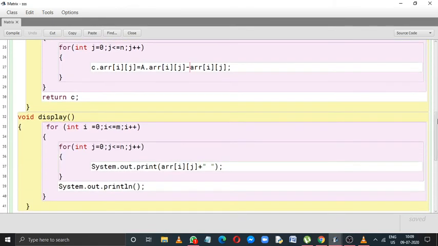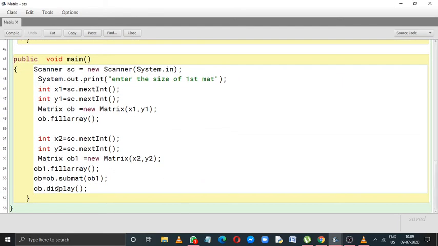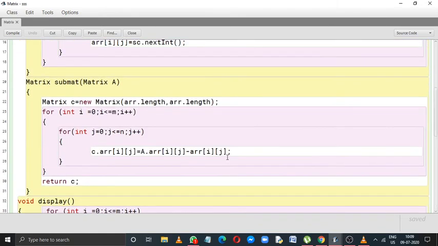Now what is the calling object? Just check it. Whenever we called this function submat, we used ob.submat. That means this ob is the calling object. Now what is this ob? The ob object has the values of the first matrix. That means this arr[i][j] will represent the first matrix.